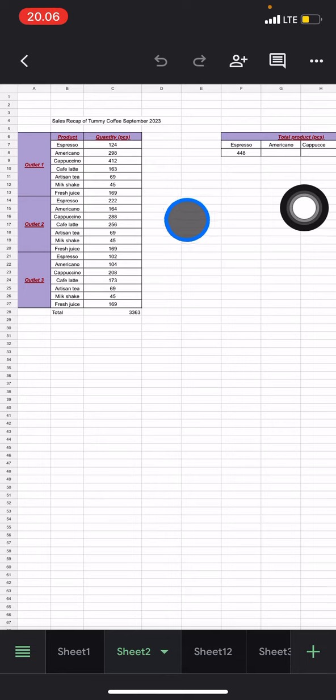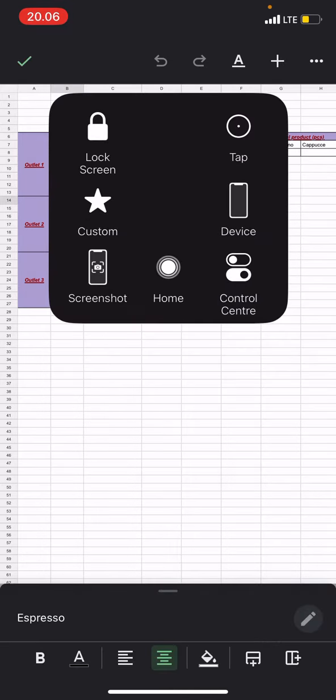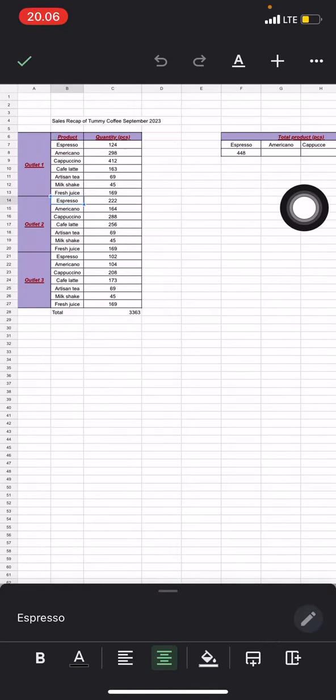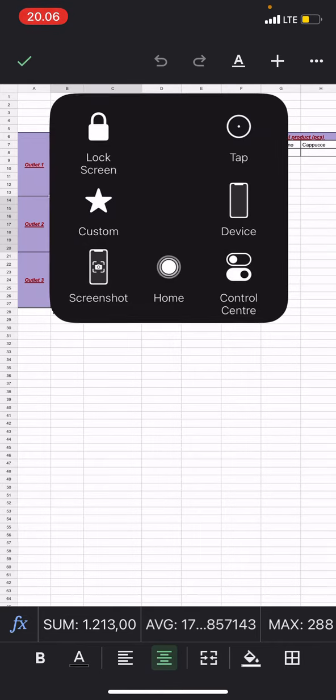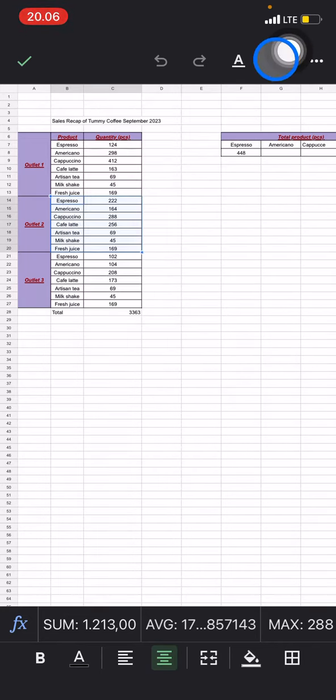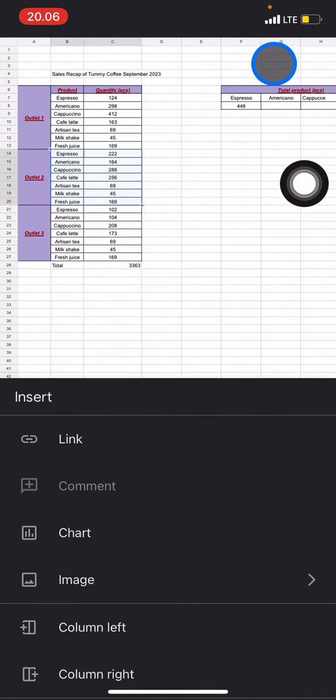So the thing that we have to do now is just select the information that we want to put into the chart. Here I would like to select from B14 to C20. And after you're done, you just need to click this plus button,